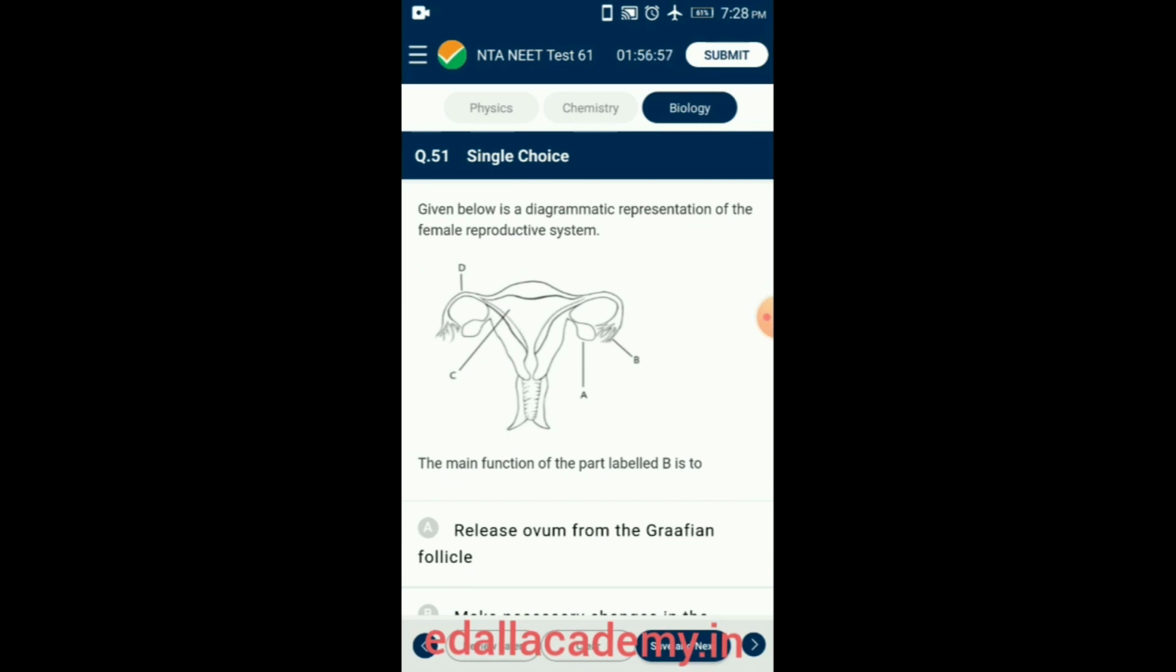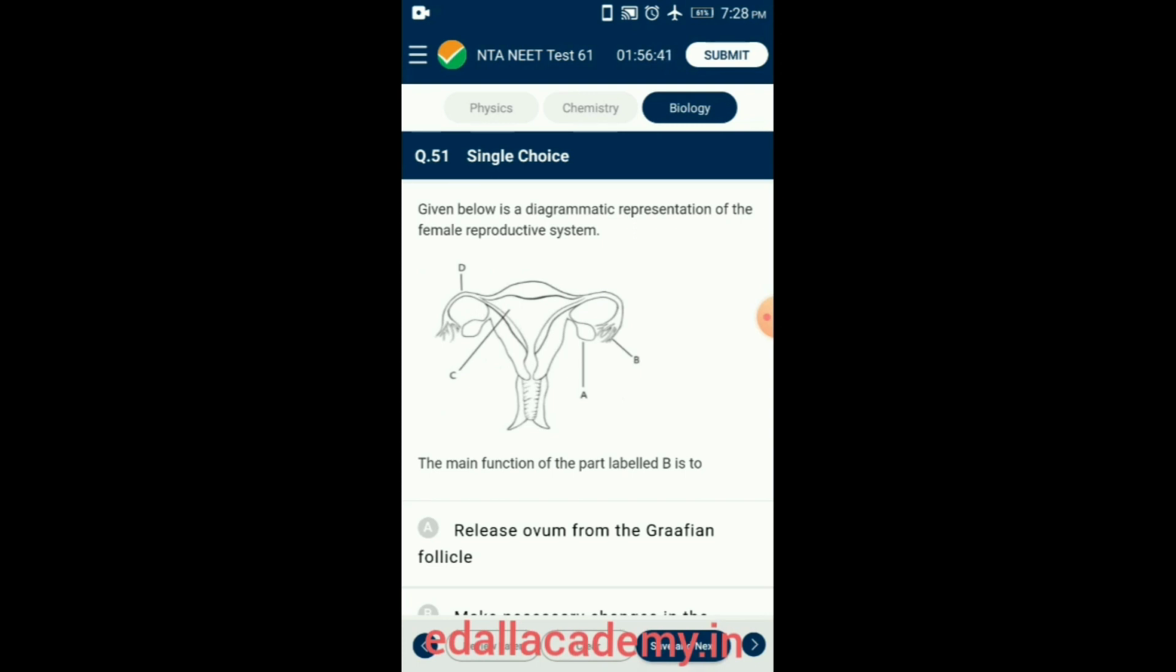A represented as ovary, B fimbriae, C uterus, D fallopian tube. Fallopian tube is otherwise called as oviduct. Uterine tube is either of a pair of tubes that conduct ova, that means egg cells, from the ovary to